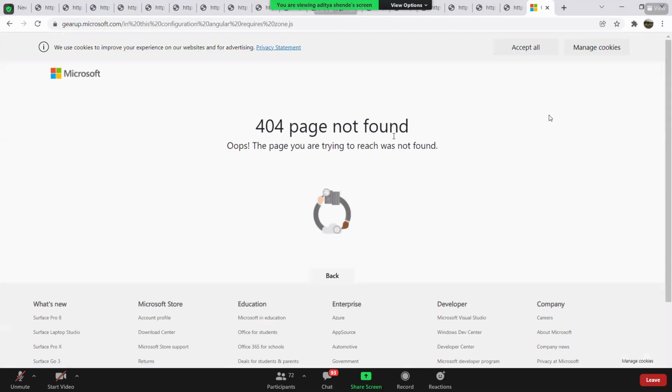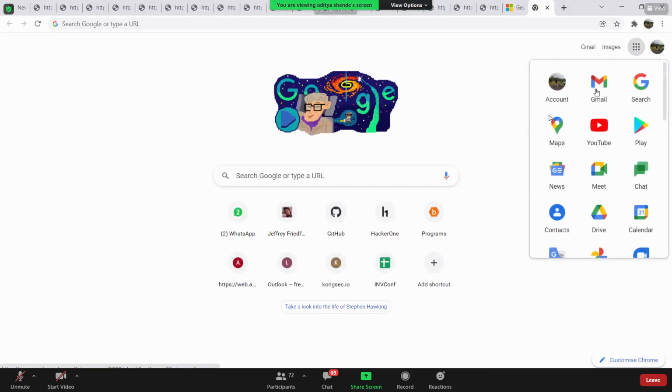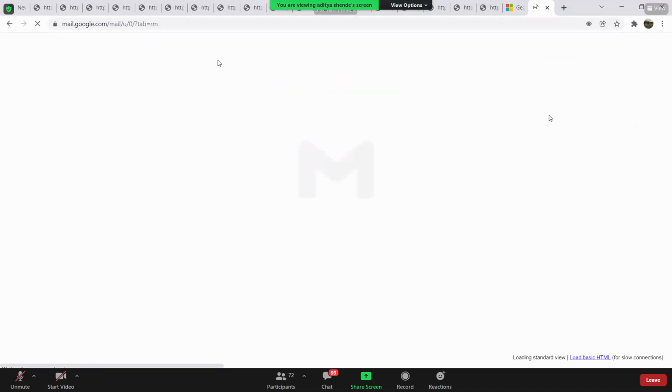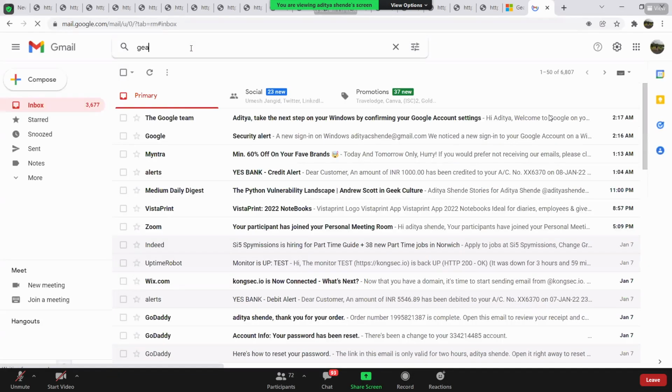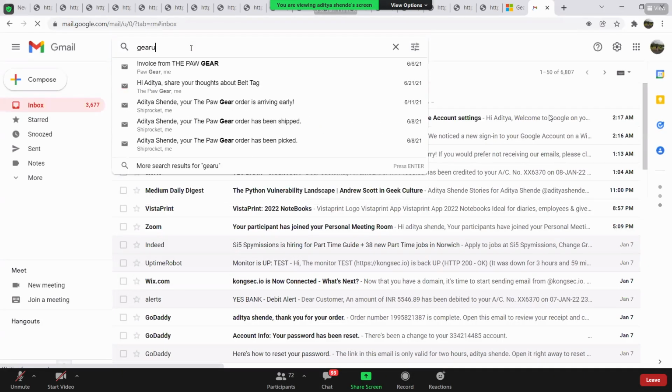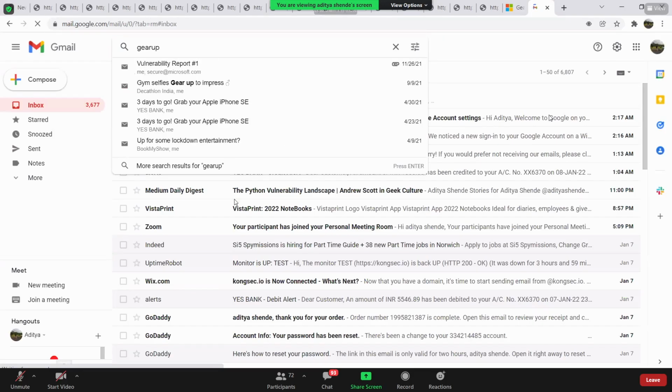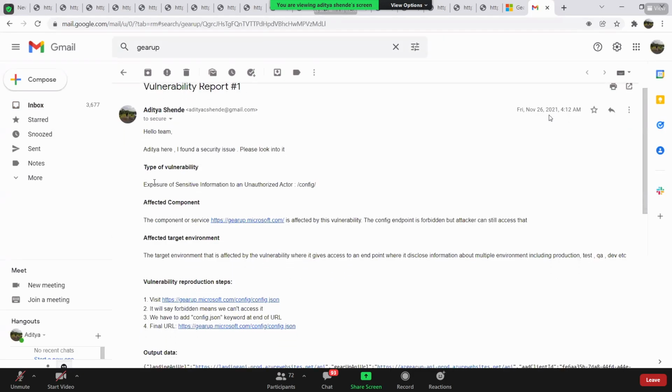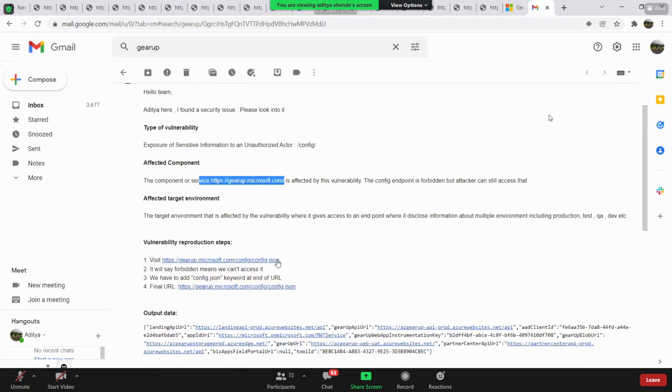For .js, nothing here. So basically they patched one vulnerability that I think I have the exploit for. Just let me check in my email. Gear up. See this one: exposure of sensitive information to an unauthorized actor. The complete service, gearup.microsoft.com, is affected by this vulnerability. An endpoint was config.json. See this one, that